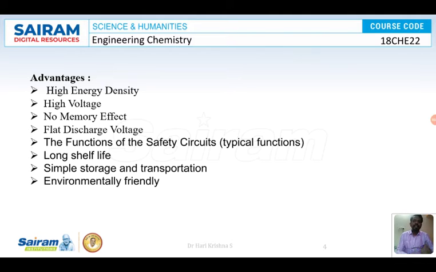I'll just explain one cycle. You have a 100% battery, you use it until it becomes 0, and then you charge it again. That is called one cycle. If the cycle life is high, then the battery is also good. Usually we prefer a battery with high cycle life and high shelf life, right?